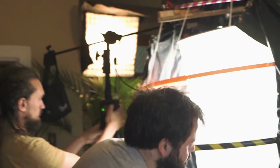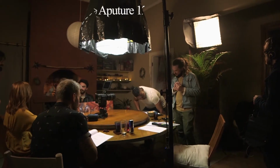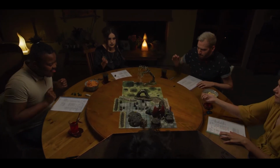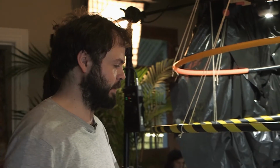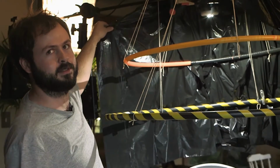Before we owned any dome fittings, we had to create a kind of a dome or a blocking for the shoot, because people were sitting around a round table and we didn't want our key light to reflect light off of the roof, which is white, and a whole bunch of surfaces bouncing the light back. We wanted to create an intimate mood just around the people sitting at the table. So we built this whole crazy contraption using hula hoops and wood and black refuse bags, and we created our